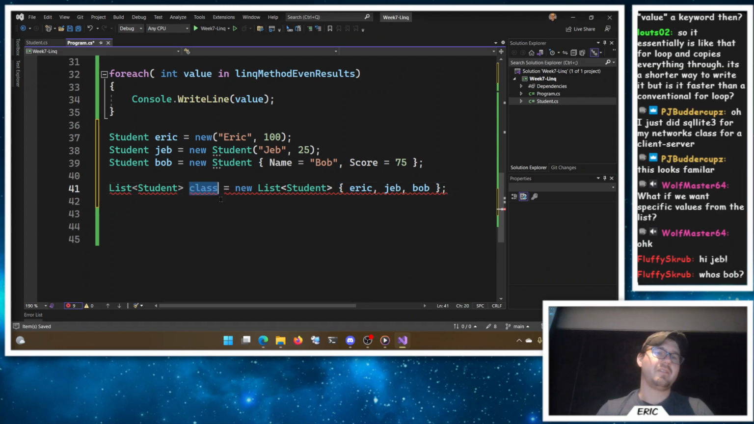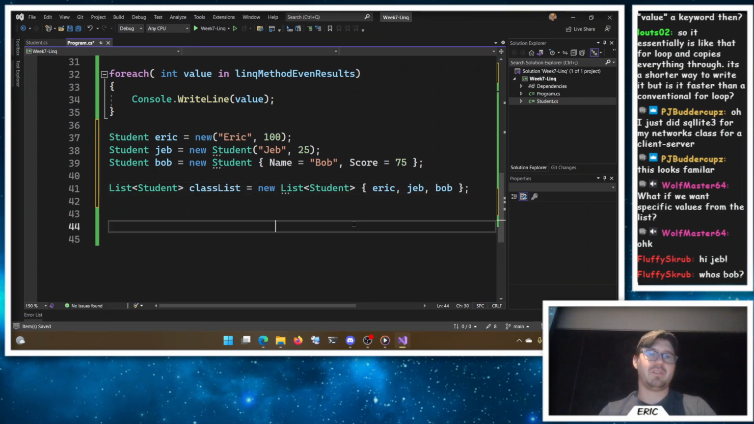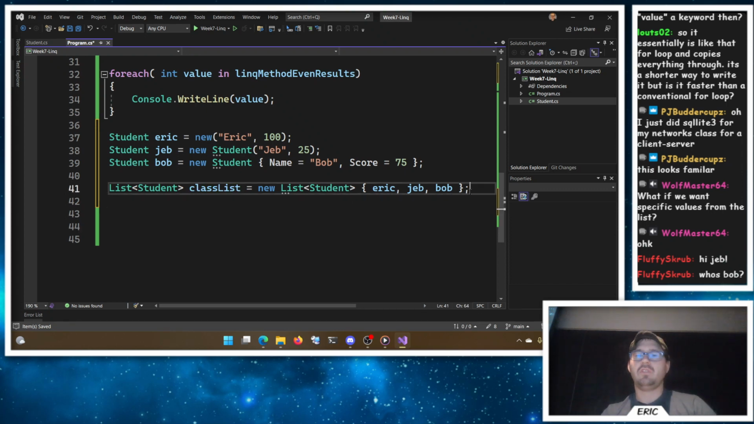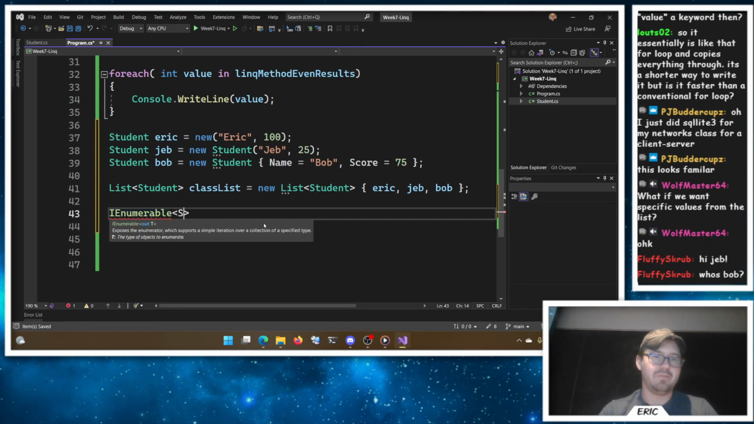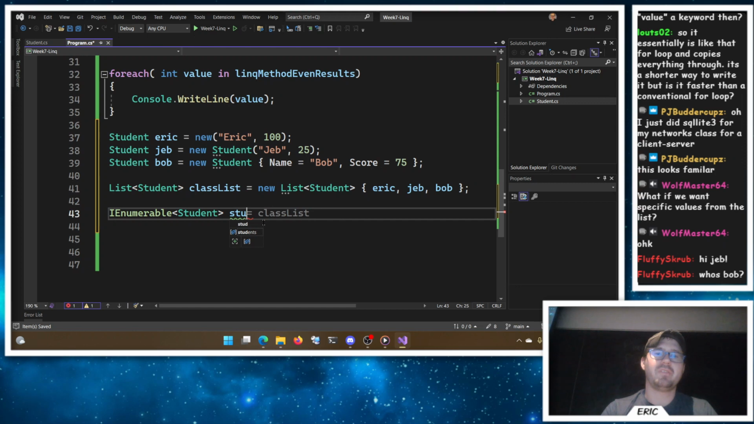Oh, I can't use it class. Class list. What class list? There we go. So throw all those students in a list. Now LINQ becomes more interesting because now I have objects that have properties. So if I want to get some IEnumerable of type student here for my students, I don't know, how about we say the passing students